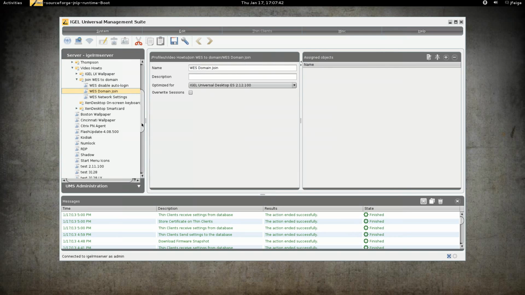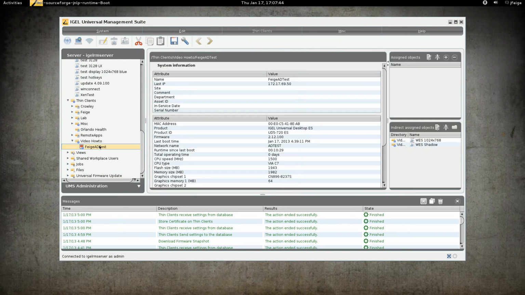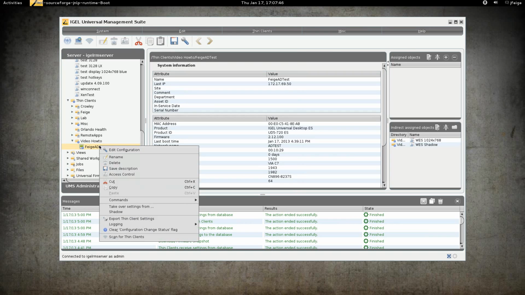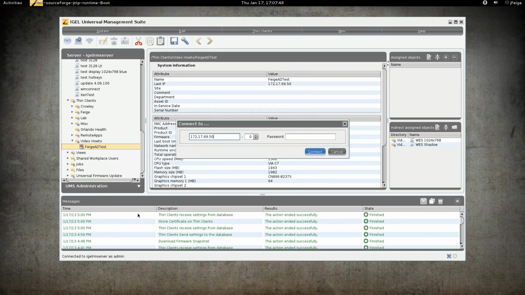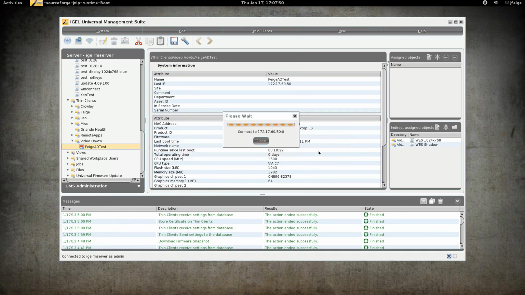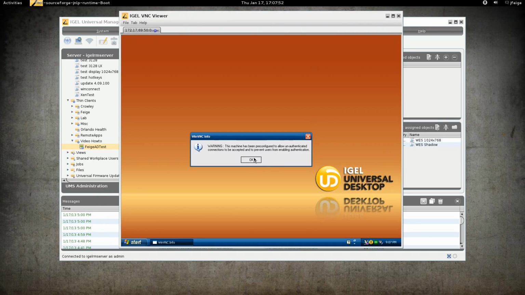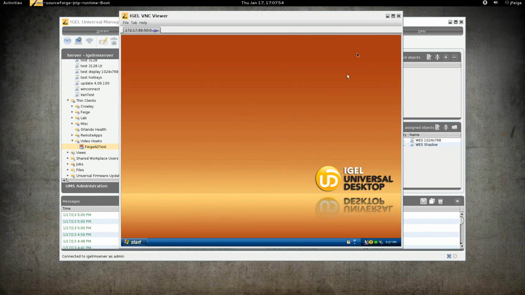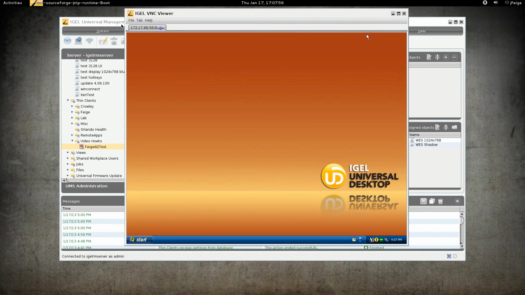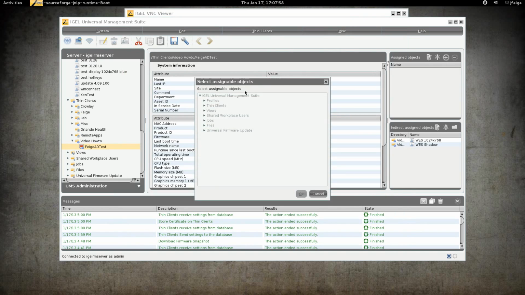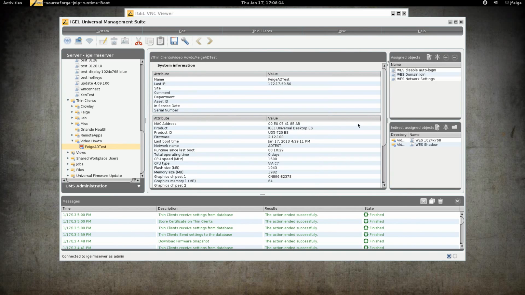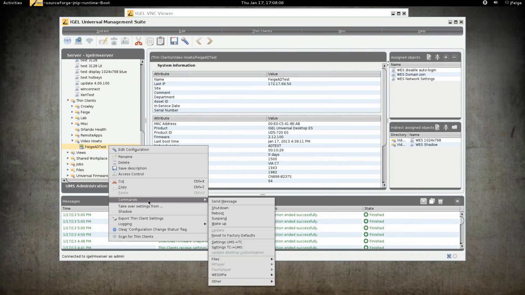So we have our Windows device here, and there's just a couple profiles on it for shadowing and whatnot, so you can see the device is just sitting at the desktop. So I will go ahead and apply the profiles that I just showed to you to the device, and I will send settings UMS to TC,